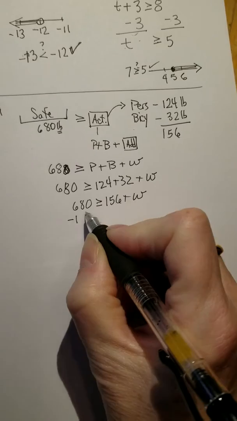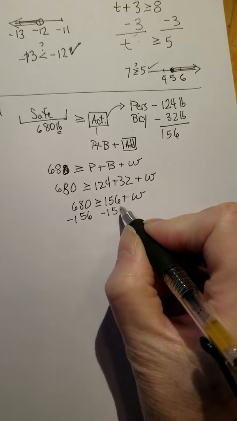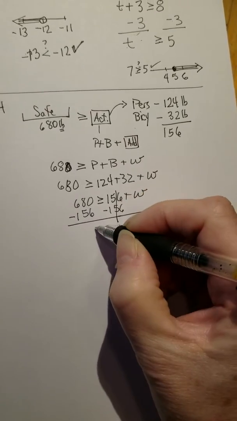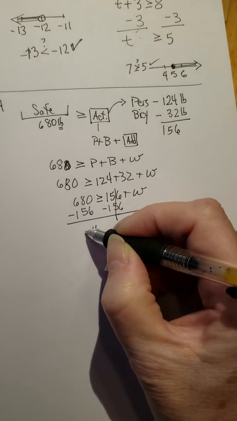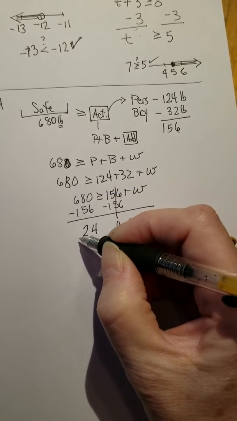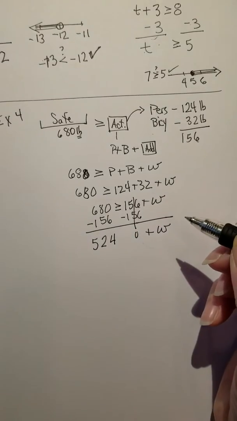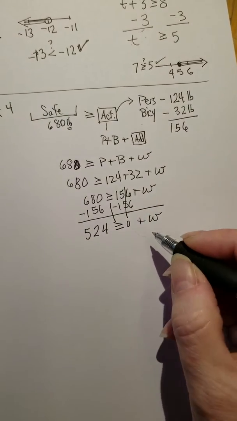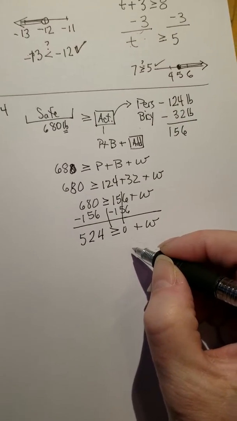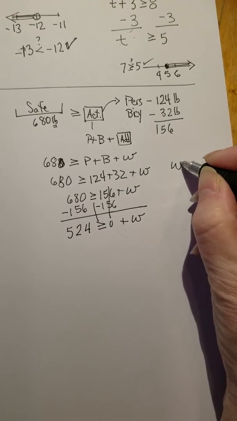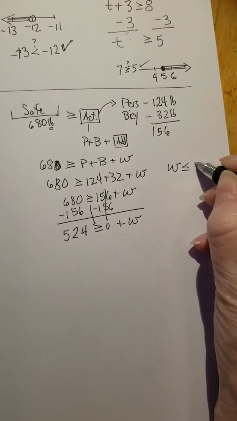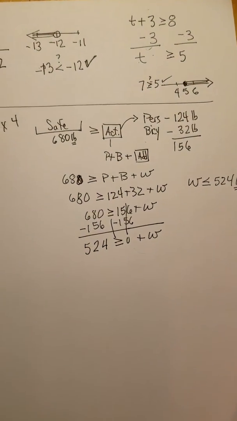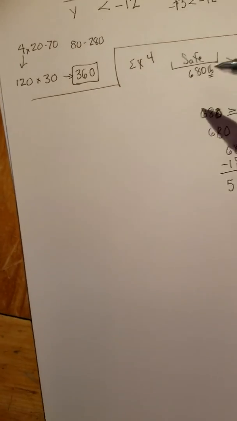I'm now going to subtract 156 from both sides. This will sum up to 0. 6 from 10 is 4, 5 from 7 is 2, 1 from 6 is 5. So what's my sign here? Greater than or equal. I carry that down. So to put it in terms that they have, the additional weight I can carry is going to be less than or equal to 524 pounds. You want to add the unit. So now we have